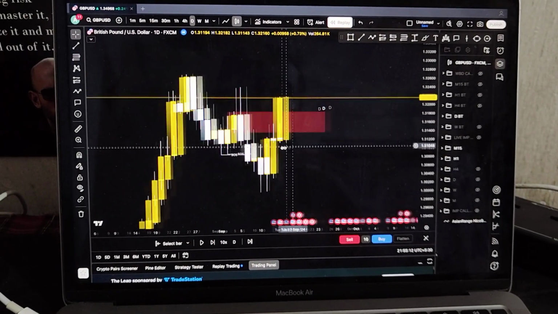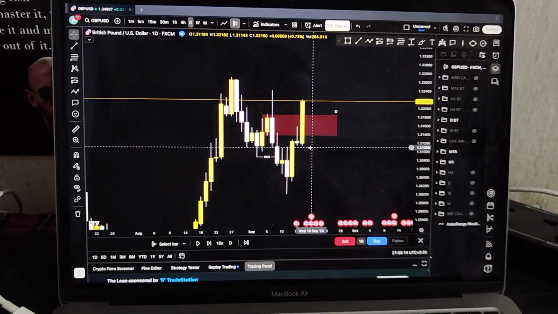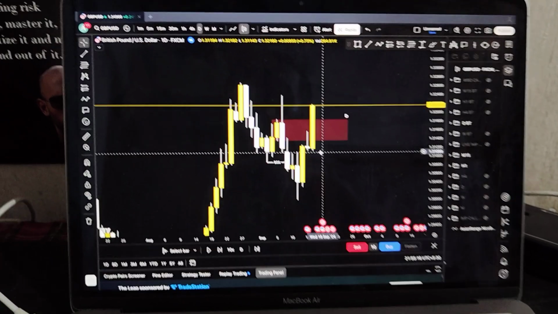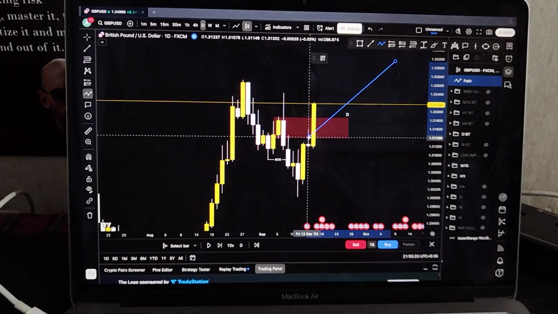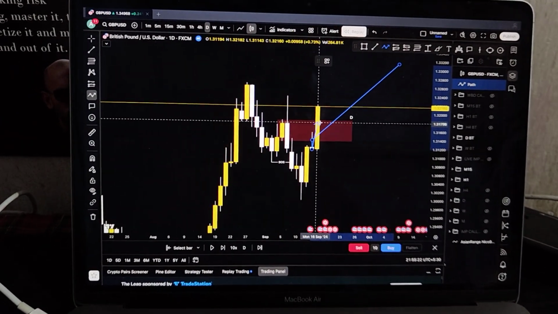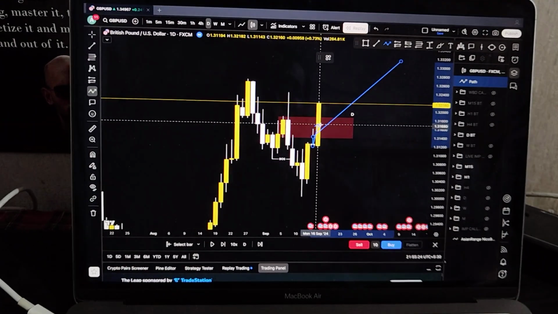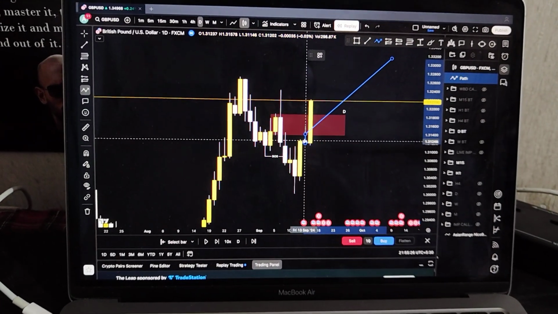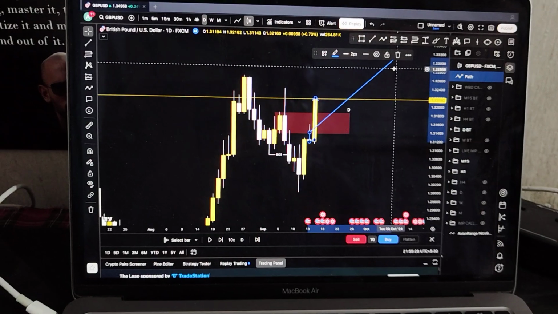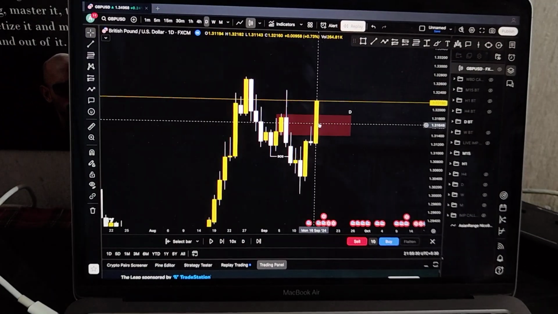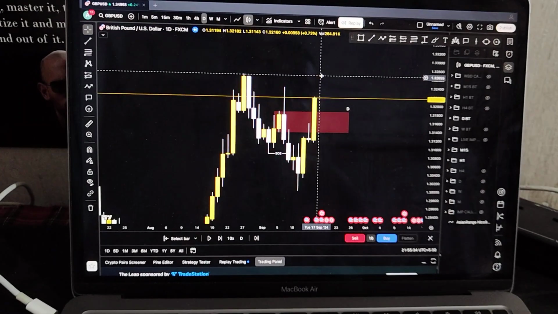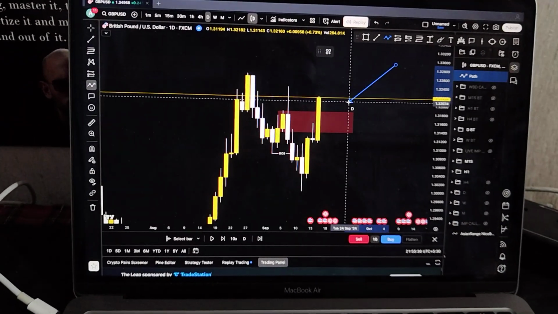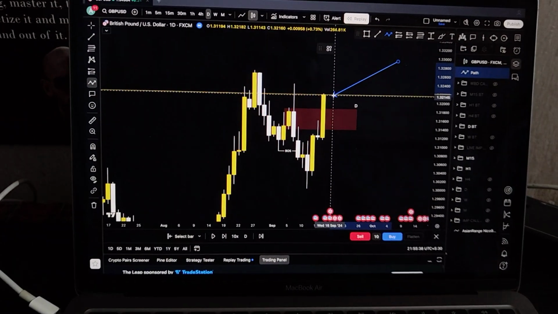Not trading Monday literally was in my favor. As you can see, the daily bias on Friday was clearly bearish, my weekly bias was bullish, so we don't know what the market wants to do. So waiting for Monday was literally very good for us, because it gave us our bias for Tuesday. Going on Tuesday, now we will happily look for buys, continuing with the bias, being bullish on the weekly.